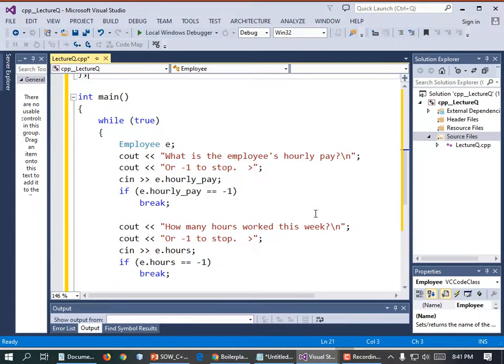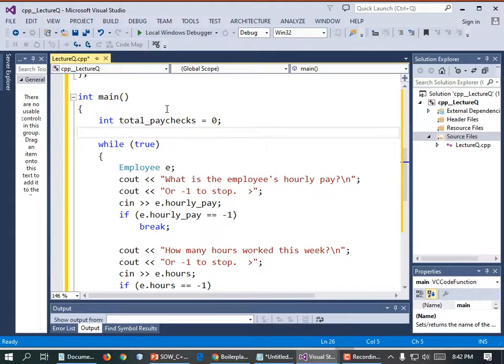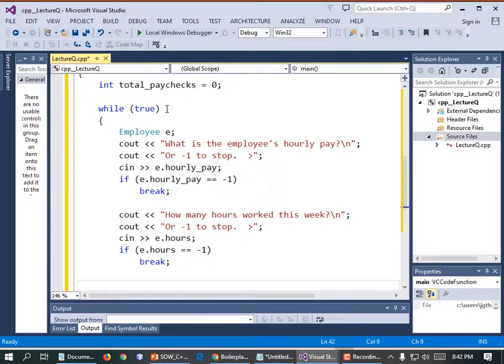We're going to print it out, and then we may add it to a running total. Why don't we create our running total variable up here, our accumulator, as they called it in fundamentals? So int total_paychecks = 0; Now down here, after we get their hours and their hourly pay, we can calculate the current paycheck. int paycheck = E.get_weekly_pay();